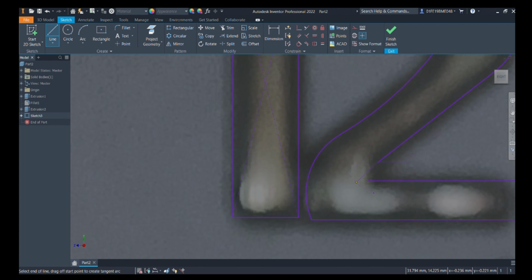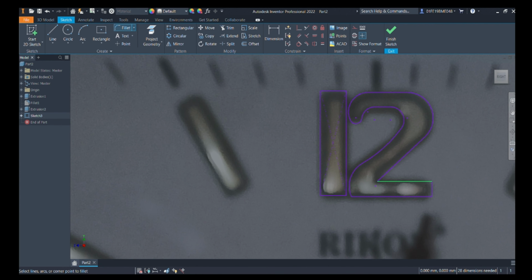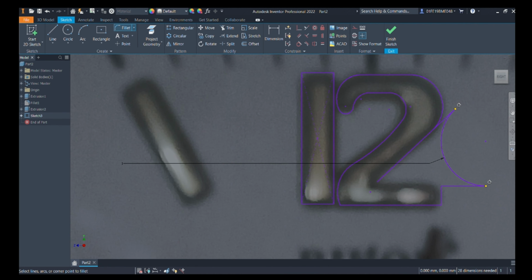Okay, once we have extended it, we will use the extend option. Yeah, now it seems good. So we can see that both are intersecting, and then we will trim off the extra portions. Now next we will add a fillet using the fillet command. So we can see that the lines are different, so it will not be forming. The fillet angle is too much to add. One will be a very big figure.